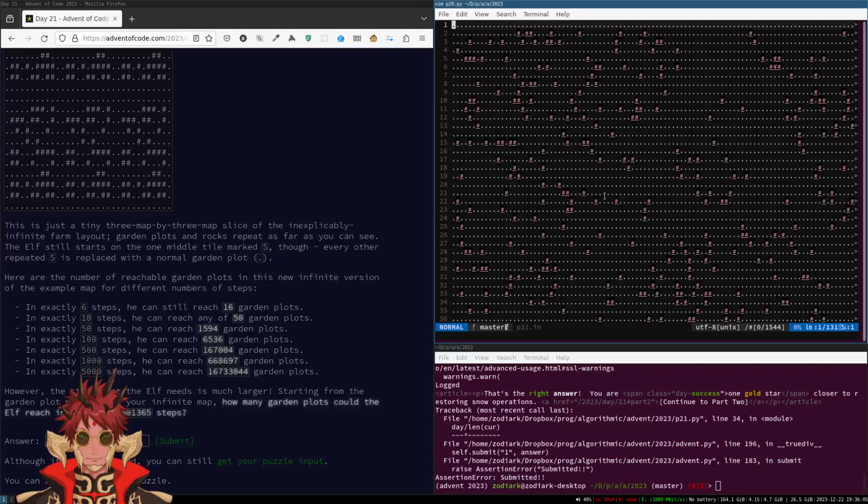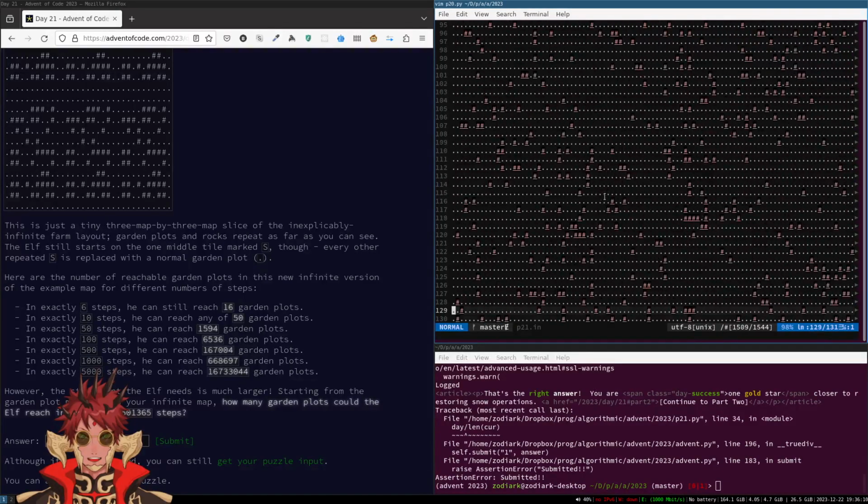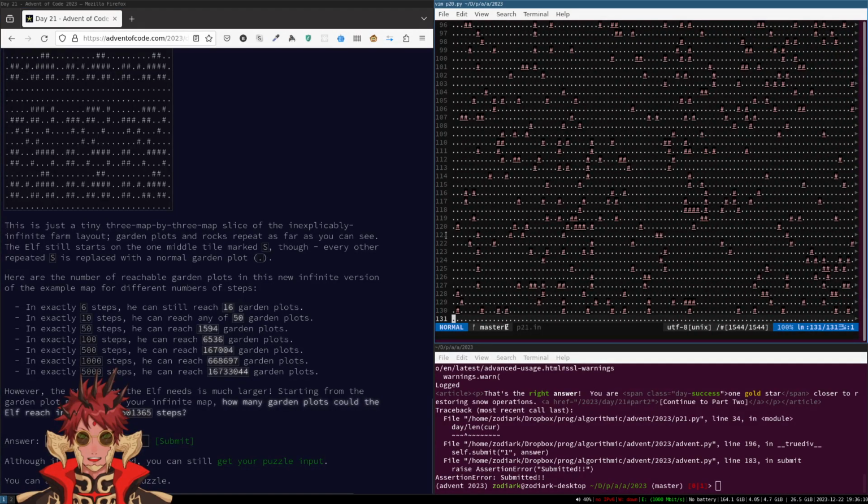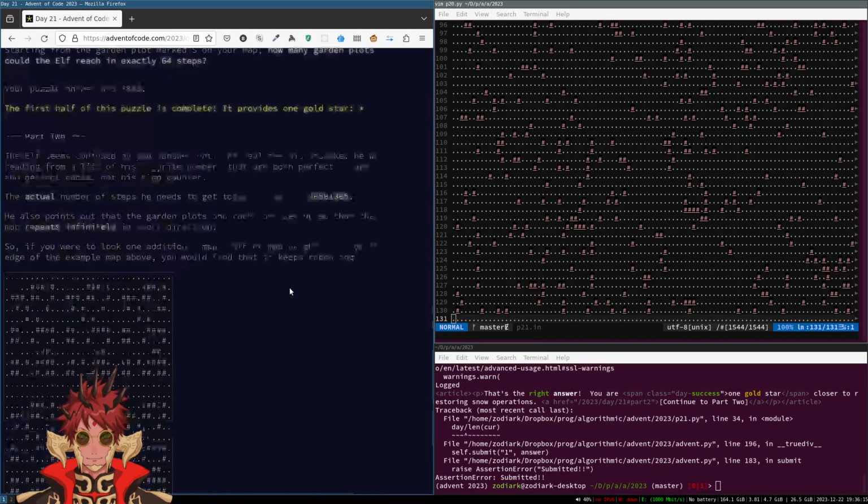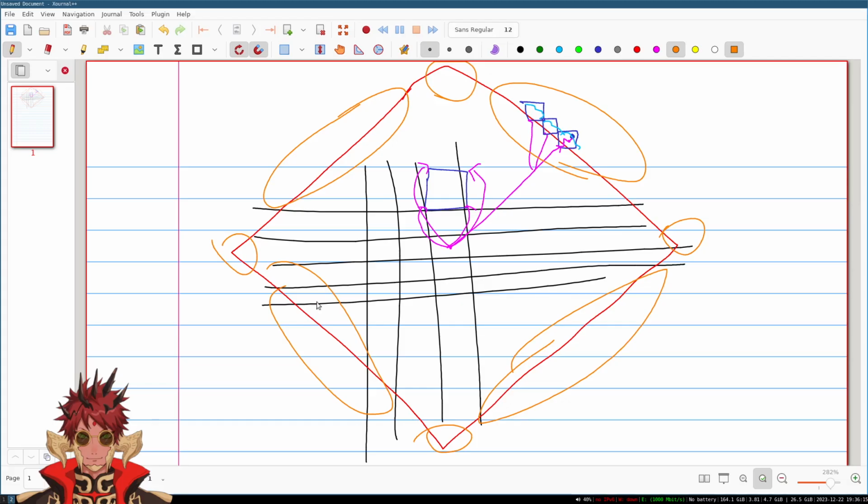as long as it's true that every row and column, other than the ones on the edge, have at least one marker, I'm pretty sure it's going to be true for every single tile that the optimal route to get there from the center is to first travel to one of the corners and then find the middle path instead. Okay, so